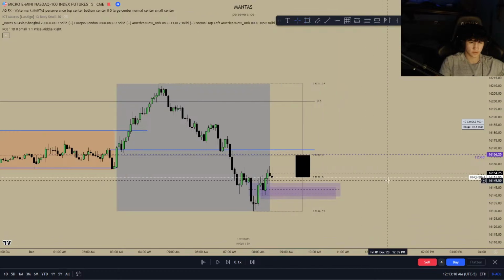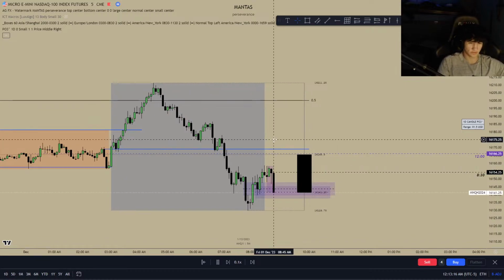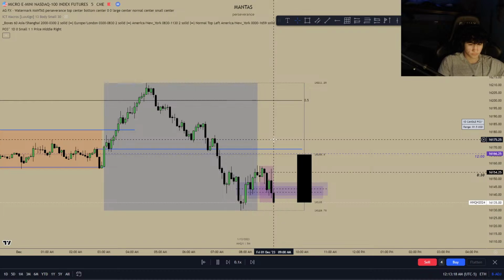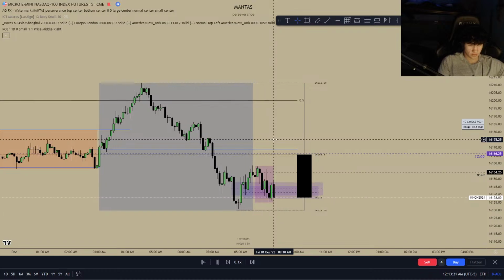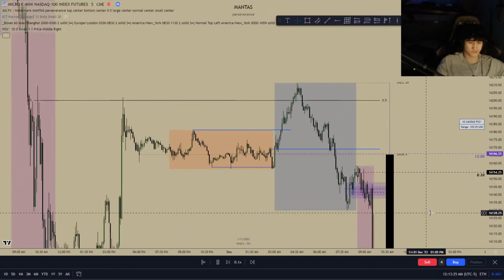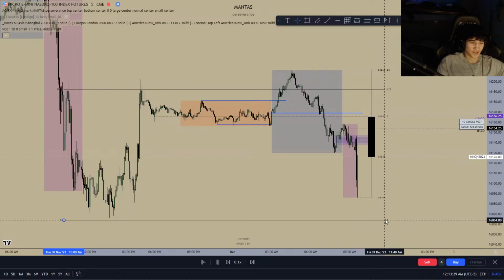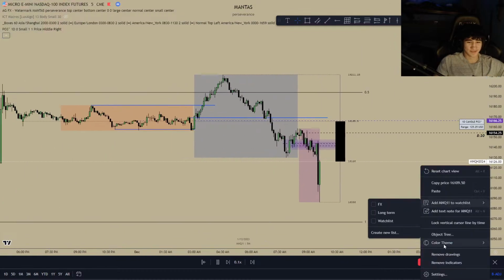Yeah, I would wait for market to open though. See how we react off this. Yeah, we don't trade until market opens. It's kind of cheating if we take one here. So 9. Yeah, that's why you wait. Yeah, exactly. Okay, boom, market open. Damn. Yeah, we would have been murdered on that. Okay, that's why I always wait for market open.